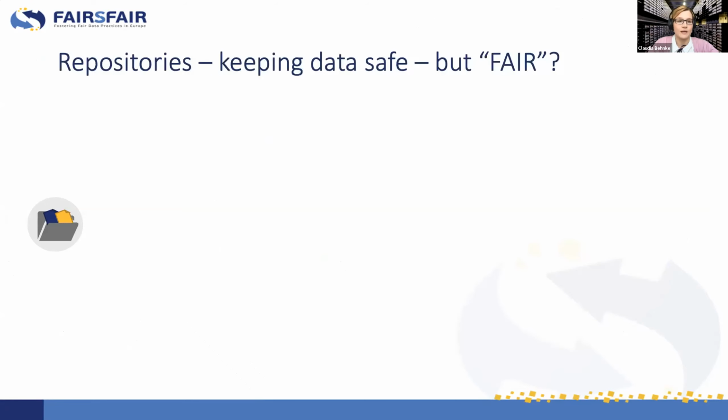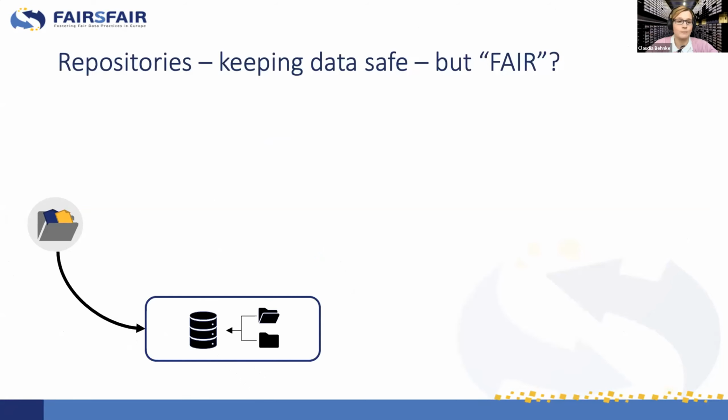So if we look at our digital object and we put it into a repository, we can again look, okay, which FAIR principles are then really clearly enhanced? And if we think of FAIR principle F4, that data and metadata are registered and indexed in a searchable resource, this is something that's clearly happening at the moment when we put it in a repository, so that the digital object is really then findable.